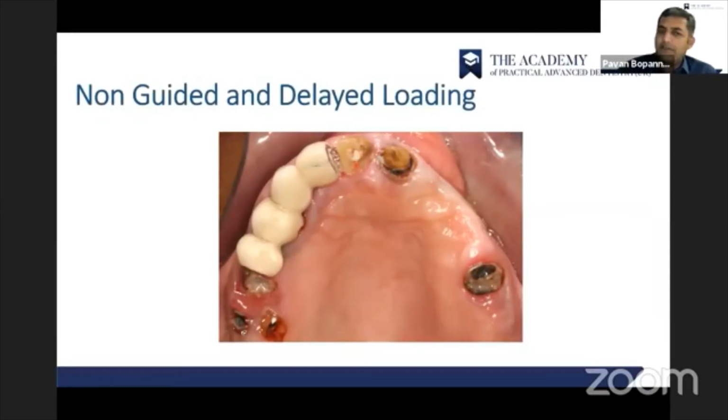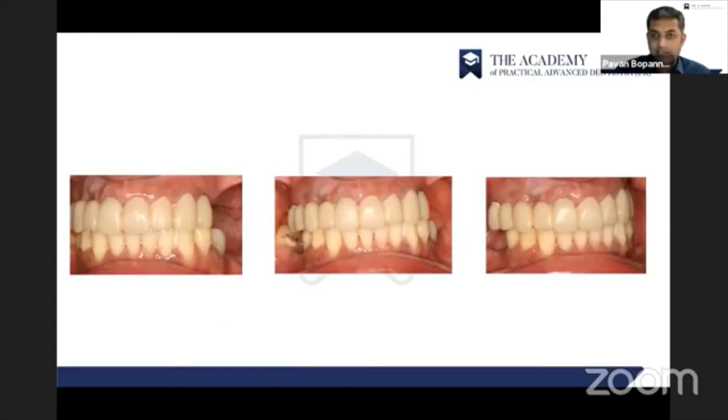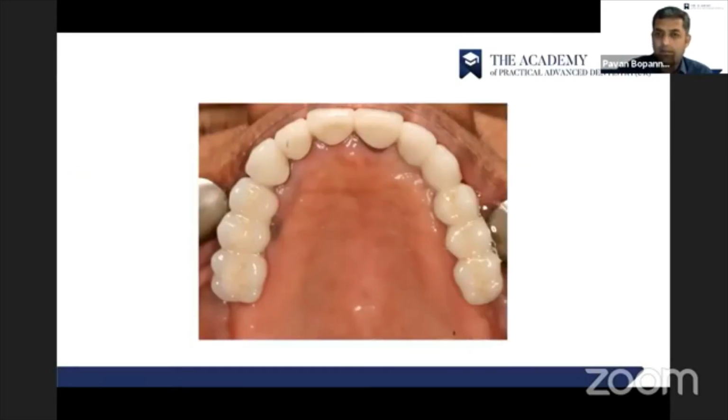The reason I'm showing you non-guided and delayed loading. This case is again pretty much a full arch from about 10 years ago. The reason I'm showing you this is because I don't want you to be put off if you don't have access to digital equipment. You can slowly ease into it, but you can do these things conventionally as well. Okay, it takes a little bit longer, but you can do it. So the first thing is stabilization, which I really think is very important. So you really need to brush up your general dental practice skills, your restorative skills. And then this is just a delayed protocol I used there and finished it off with about 7 implants,